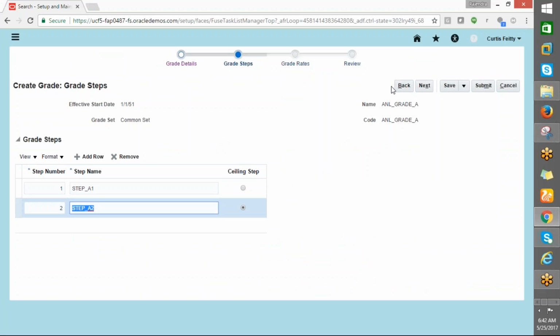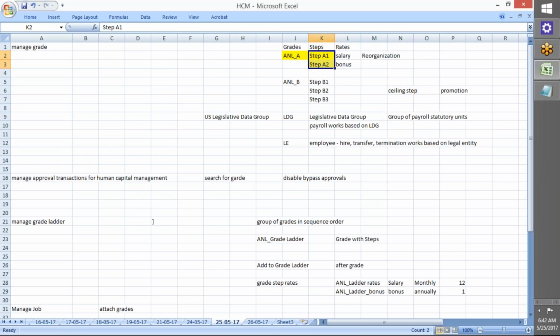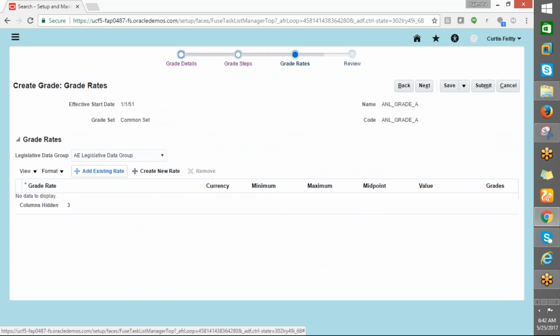Yeah. So next, click on next. Now we will go for the rates. We will create the rates here. If it is already created, then you can go for the existing rates. Otherwise, you can go for the new rates. Click on new rate,